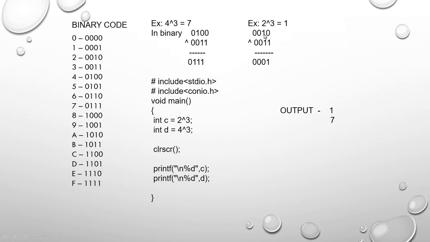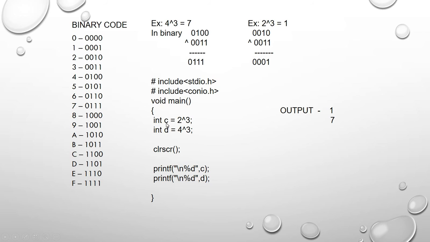Okay, so if the 2 operands are true and true, you will be getting the false value, and false, true is true. So the result is 0001. Now see, 0001 is the value of 1. So here you will be getting 1. So this is the program. You can assign the value.